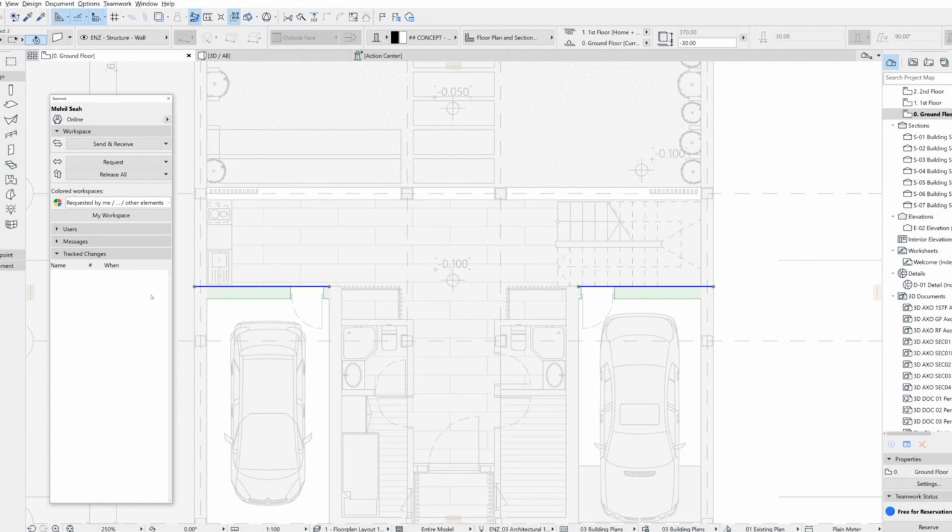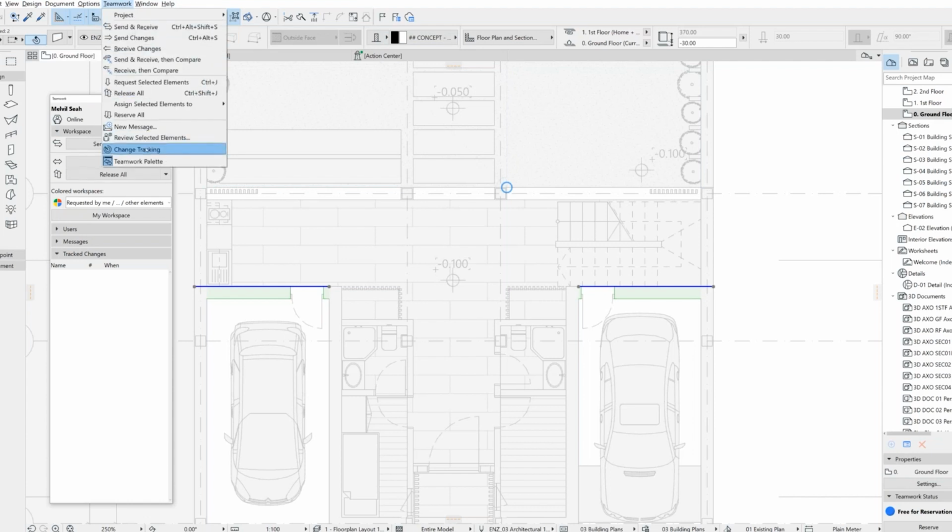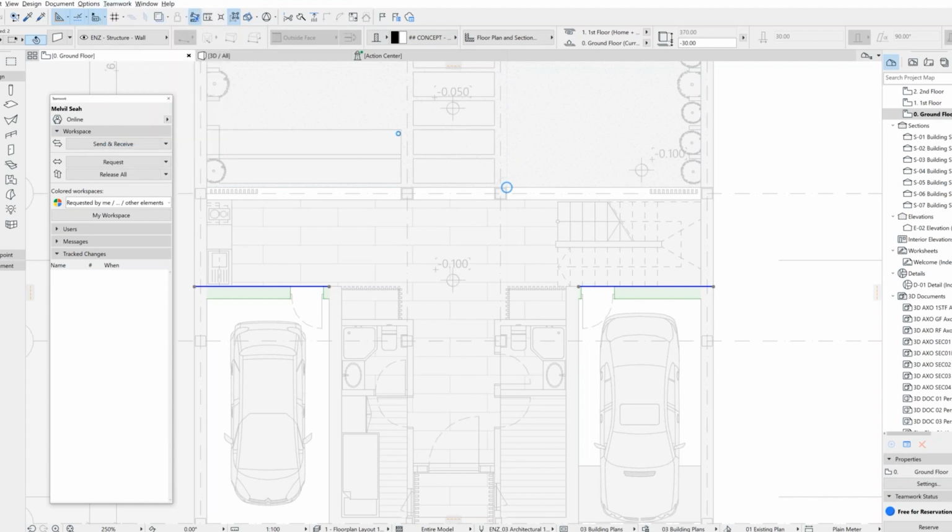So moving on to the track changes section. These track changes happen over BIMCloud, where users can follow and track changes, and this can benefit close collaboration with rapid iteration of different design scenarios. Change tracking allows users to be notified of the relevant changes made to the model because of the different design scenarios. You can subscribe to these changes by going to Teamwork and going to change tracking.